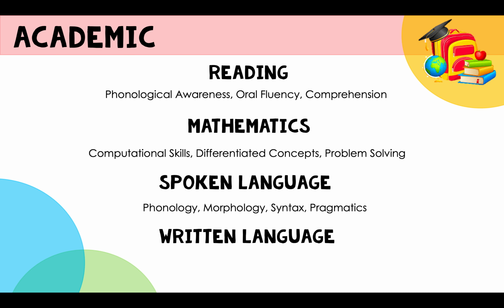Spoken language. Students may have difficulty with spoken language, and they may experience difficulty in one of the four areas: phonology, morphology, syntax, or pragmatics. Phonology is the ability to use correct sounds to form words. Morphology is the study of meaningful units of language. This includes understanding the basic concept of phonics. For example, the ending ed on words indicates the past tense. Syntax is the meaning of words or phrases, and pragmatics is being able to orally interact with others.